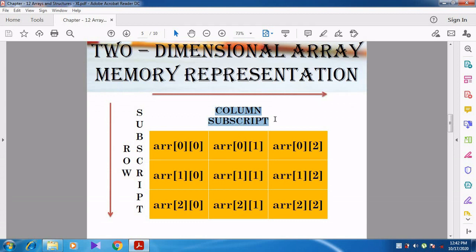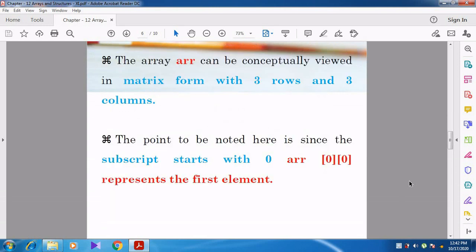This first one represents the 0th column, then the first column, then the last column represents the second column. Like that for rows also, 0th row, first row and then second row. Can you understand, students?